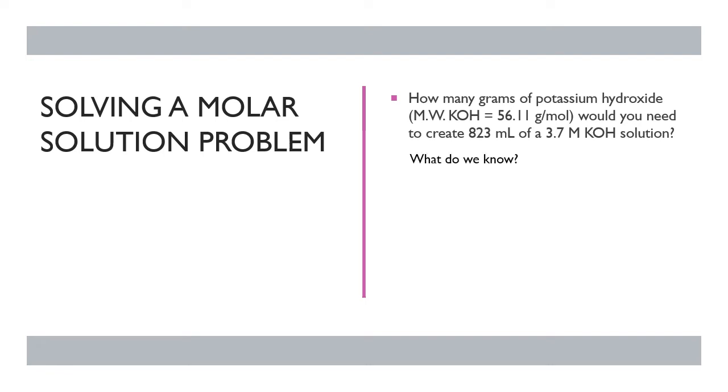We know the molecular weight. Also, we know that we're going to need to make a 3.7 molar potassium hydroxide solution. So, this is the first point where dimensional analysis is going to rear its ugly head. I always write out molarity in terms of moles per liter because this is more useful for keeping track of my units later. In this case, a 3.7 molar solution would have 3.7 moles of potassium hydroxide per 1 liter